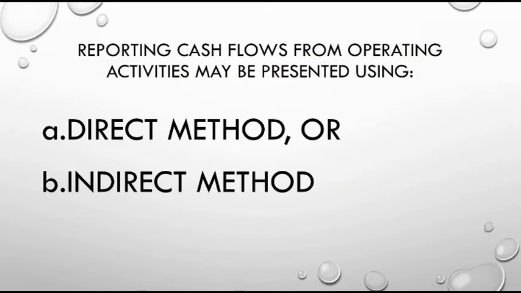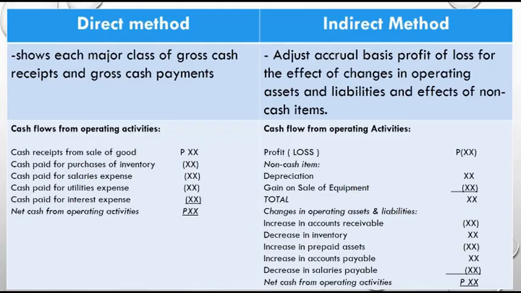So, upon reporting cash flows from operating activities, it could be presented using a direct method or indirect method. Ano yung direct method at indirect method? Kapag direct method, it shows each major class of gross cash receipts and gross cash payments. Sabihin, yung totality na lang ang lalagay. Pero kapag indirect method, adjust accrual basis profit or loss for the effect of changes in operating asset